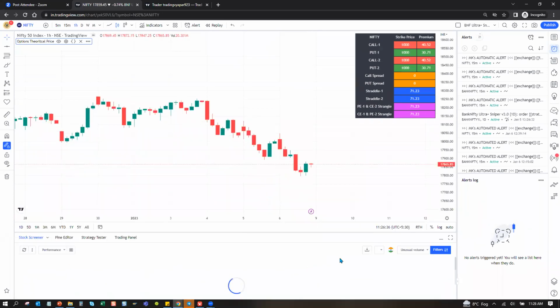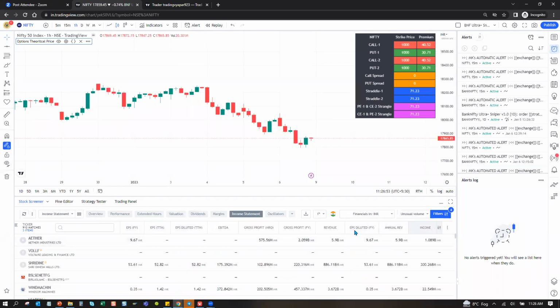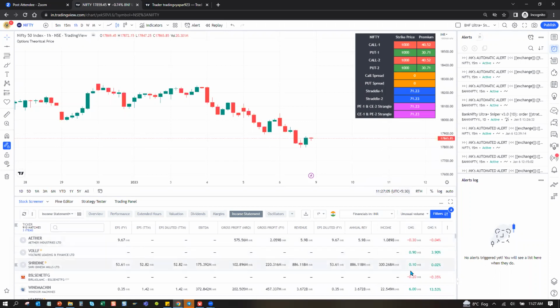Yeah. So this is where I just said that you have the stock screening. Now, apart from what you would want to do for yourself, TradingView itself gives you a lot of screening. For example, income statements, different views are available that you can set. You can change it from here. You can add, for example, I want to add change percentage to it, so just enable it and it'll also come. You want to get rid of anything that is not of your expertise, just get rid of it. And then you just play around with it. Performance.